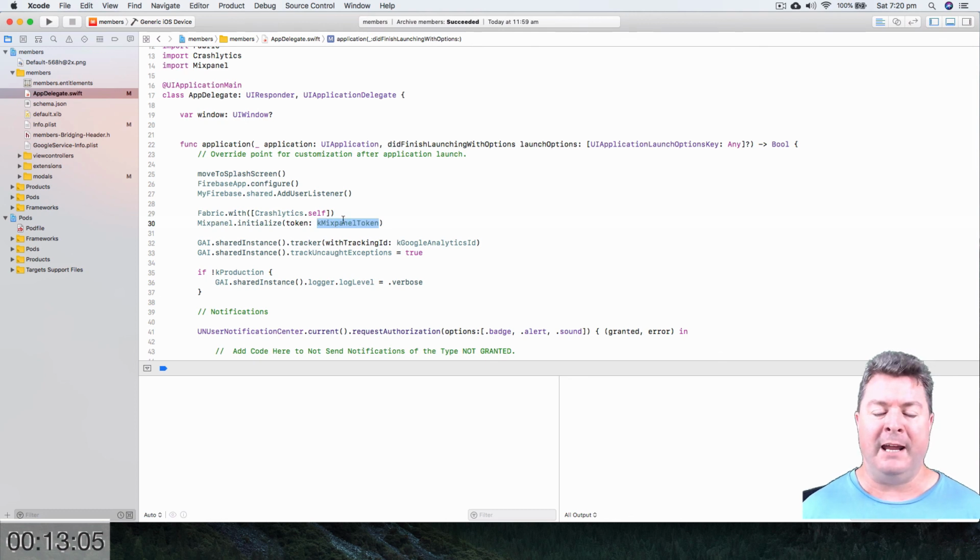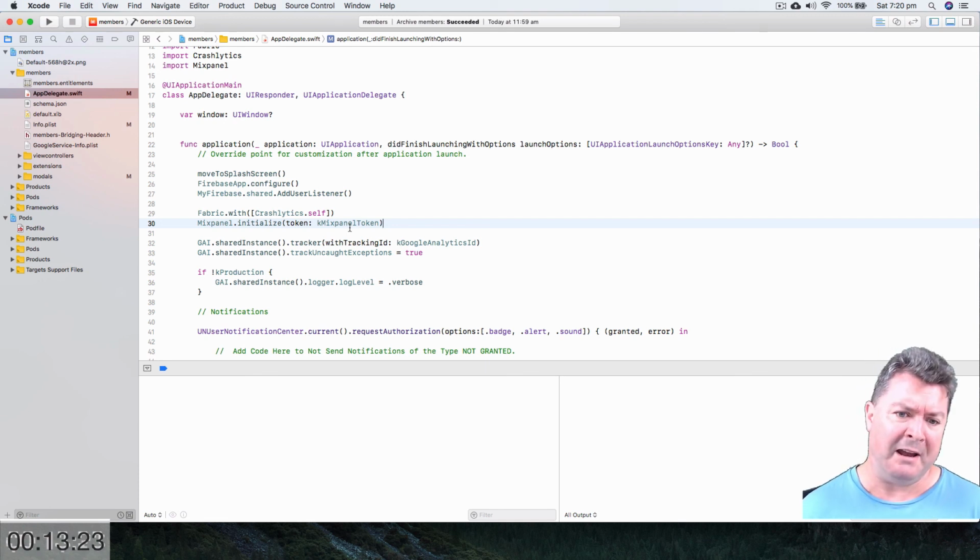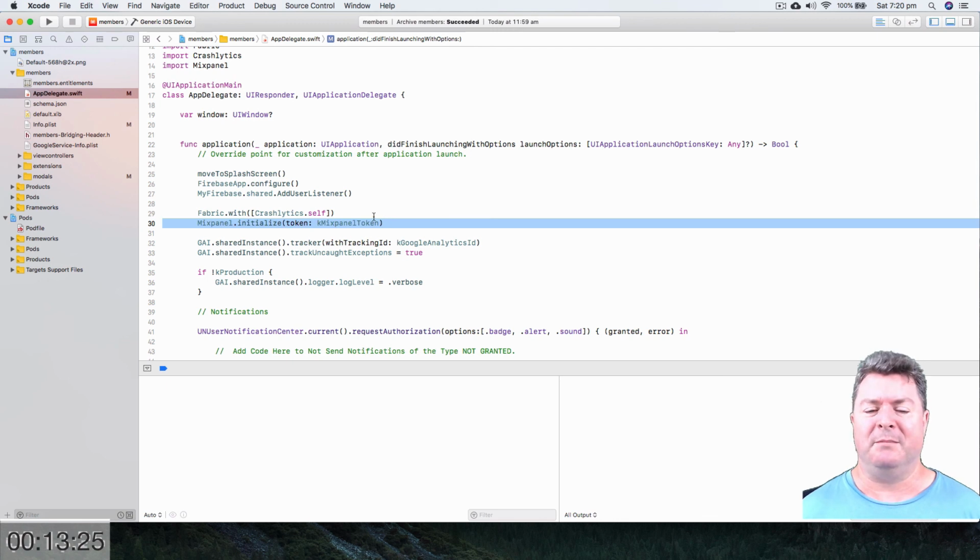Now, Fabric and Mixpanel are both free for tiny apps like us, tiny developers like us, and then they're, I don't know, $50 to $100 a month when you need more than, I think for Mixpanel, something like 2.5 million records a month. It's like a huge figure. Anyway, basically they're free for us to tinker around with, so you should implement them,